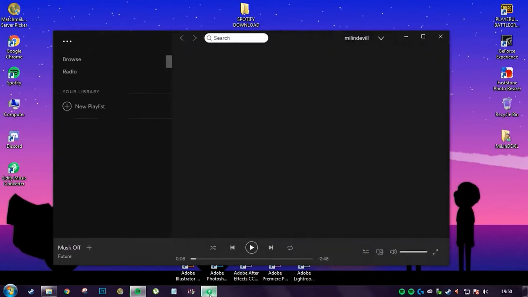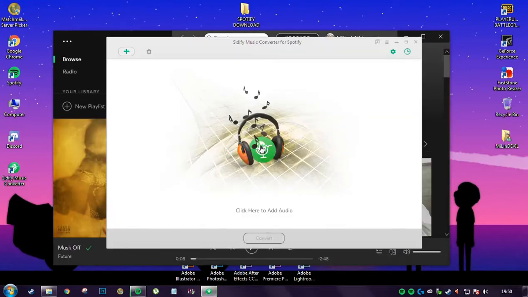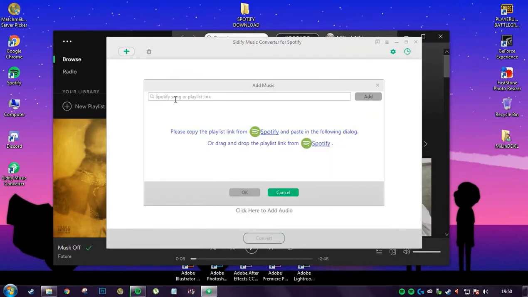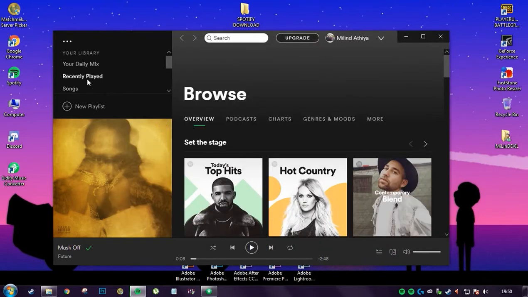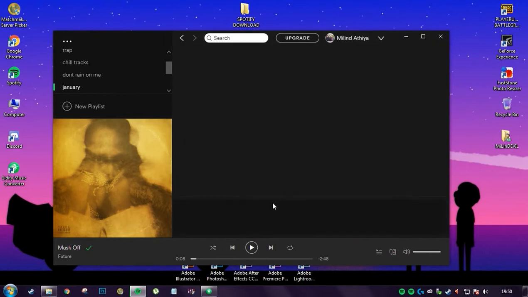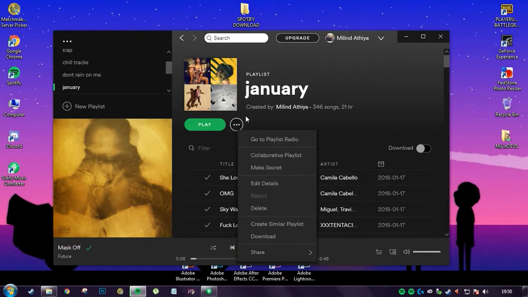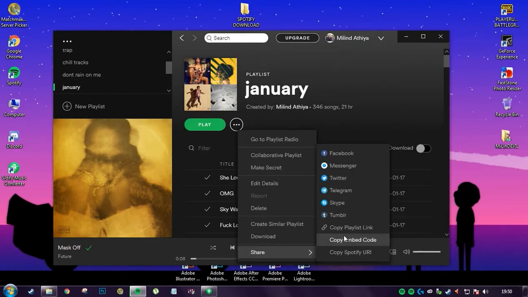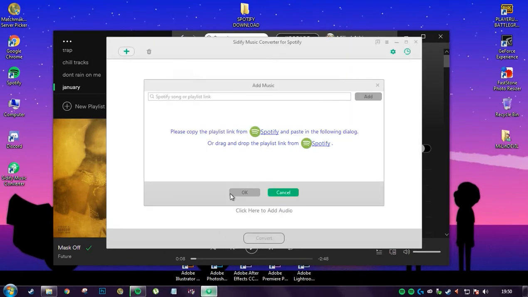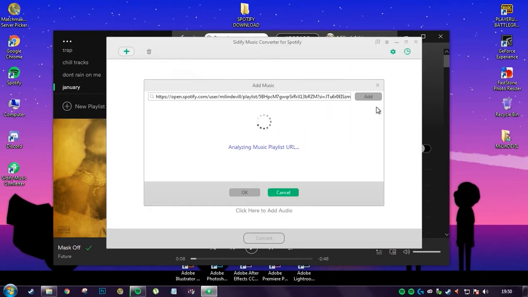After cracking your CD-Fi app, just open it and then click here. Then put the playlist link here. You can find the playlist link: just go to the playlist you have made and then press these dots and then share and then copy playlist link, and then paste this link here. And then press add,